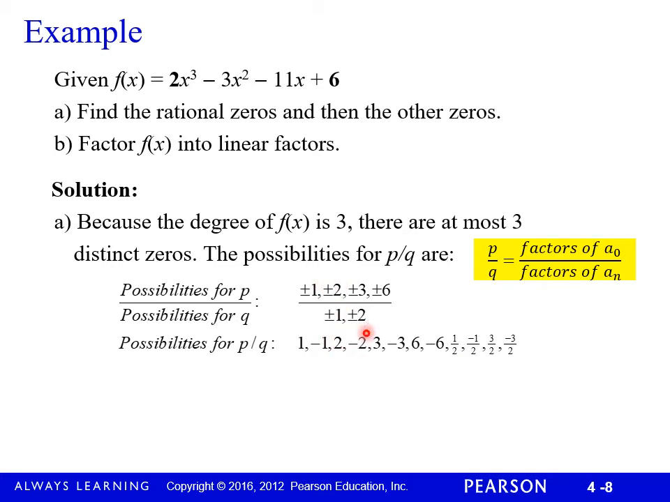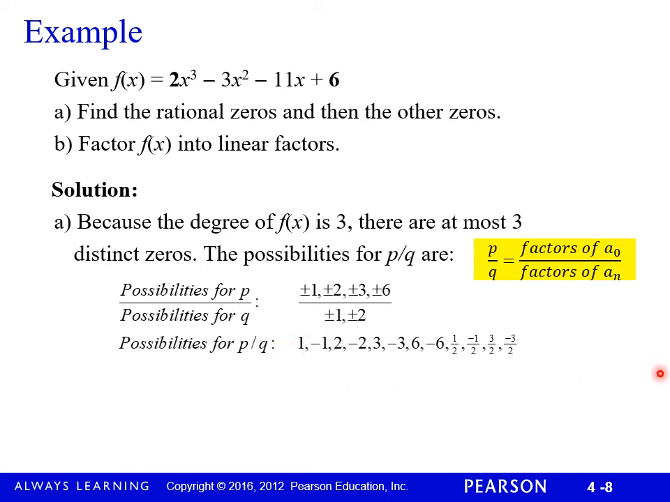And 2 over 2, which we already have because 2 over 2 is 1 or negative 1. 3 over 1 gives us 3 or negative 3, and 3 over 2 gives us 3/2 or negative 3/2. 6 over 1 gives us 6 or negative 6, and 6 over 2 gives us 3 or negative 3, which we already have. So we know that our zeros are one of these, looks like about